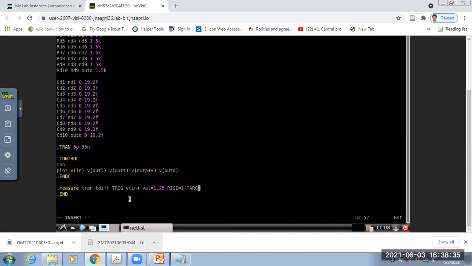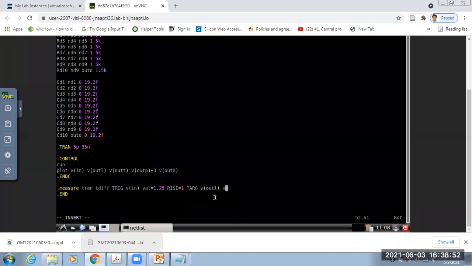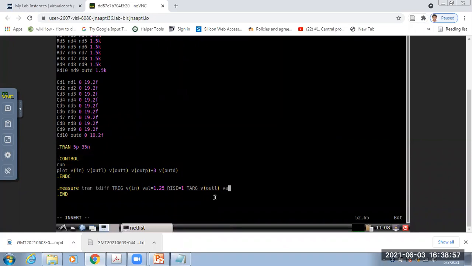So target: V out L, val equal to 1.25, rise equal to 1. Is this correct? Yes or no? Yes, sir.